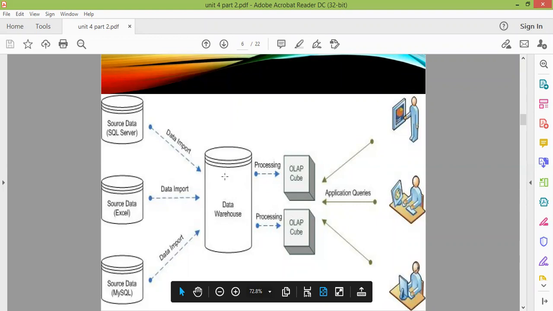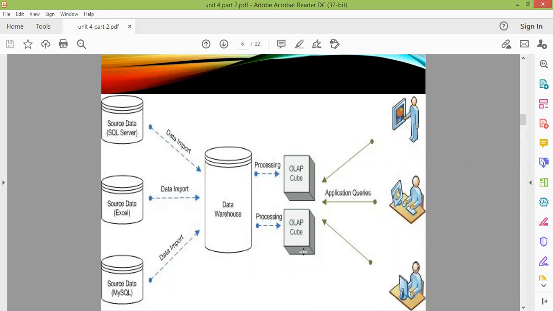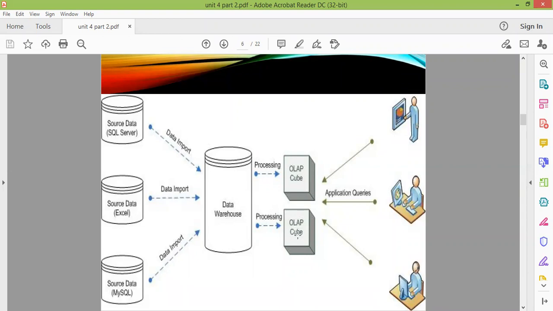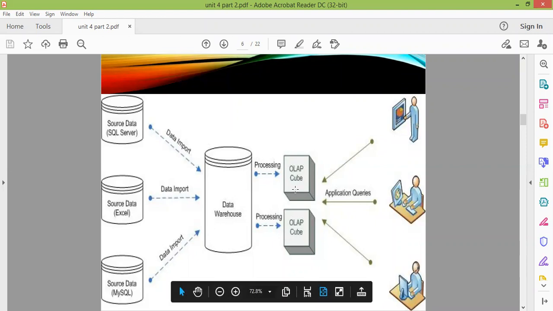Okay, so when you have a data warehouse, depending upon the customer need, you prepare different kinds of OLAP cubes, and these OLAP cubes are nothing but the data marts. They represent a replica, or a small copy, of the data warehouse. Okay, by creating the OLAP cube, a user can interact with that.